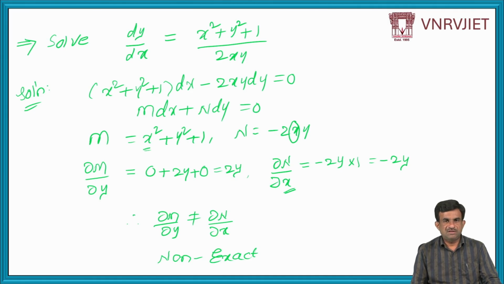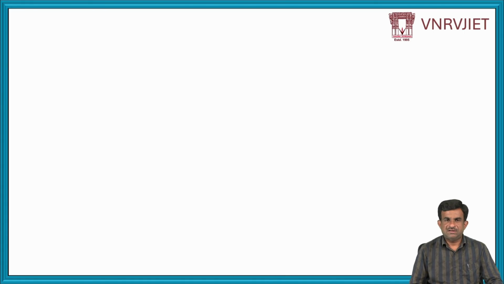If it is linear, by using the method of first order linear differential equation, you can apply it and we can find the solution. And if it is Bernoulli also, if you are able to check the standard form, you can apply that method. But here I try to find out the solution of this non-exact differential equation by using method 3 or method 4. So before that I want to check